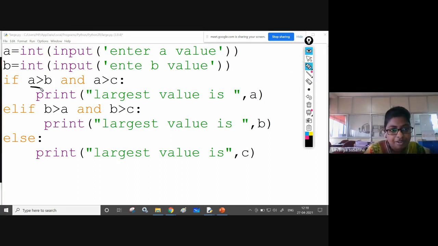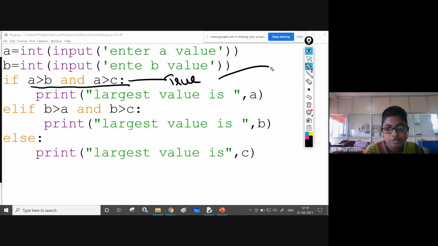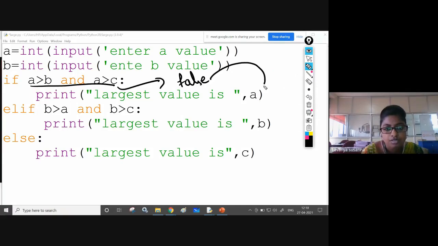See, when the if condition is true, the if suite will be executed, this statement will be executed. That's all. When this condition is false, control goes to the elif statement. This condition will get executed.